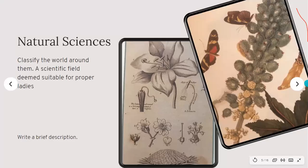So yes, as we have been saying, this natural science is really a way that we look at classifying the world around us. So some of the images that you see on your screen are done by some of the women. There's a lovely book by Kramer called Women of Flowers that these images come from. And it's really showing how they're putting detailed scientific information into these drawings. So it's not just